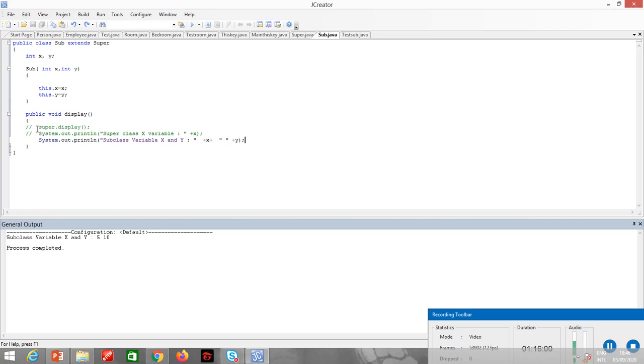Now if I want to display the superclass variable also, what do I have to write over here? Superclass x variable. So what will I write over here? Super dot x.